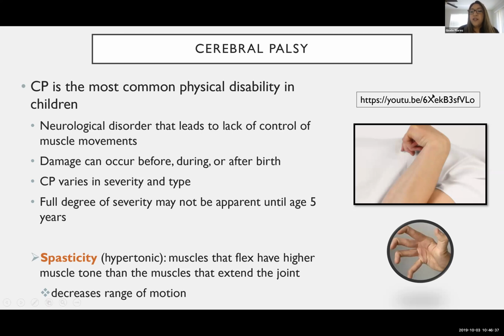I do have a video here that I would love for you to watch. It's an example of a child with cerebral palsy hemi. So that's hemiplegia. Only half of her body is affected by cerebral palsy. And so you'll see some of this spasticity in her arm. Her arm is held up tight, and you'll see that her leg has a little bit of trouble bending as well. Okay. Questions about this slide, spasticity? No. No.